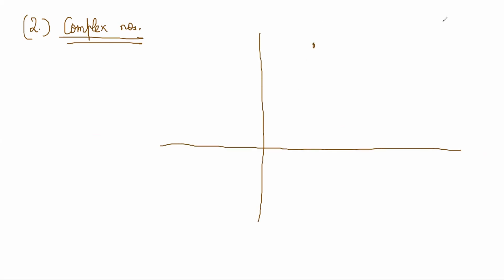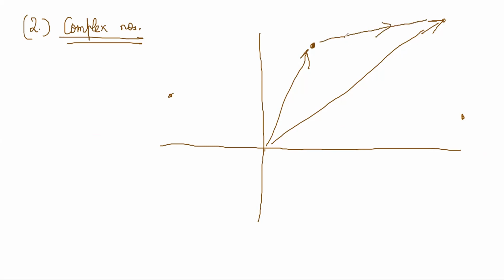Second, why is it being introduced? It is being introduced because complex numbers will give us access to ideas like any point in the plane can be represented by complex numbers. So now vectors and all we can do using numbers. This is a vector line from this point to this point, and this is another line from this point to this point. So complex numbers are very useful in physics. You can think of complex numbers as vectors. You go from one place to another place, then you have traveled from one complex number to another complex number.